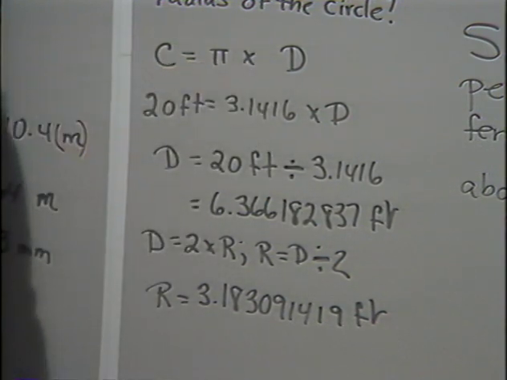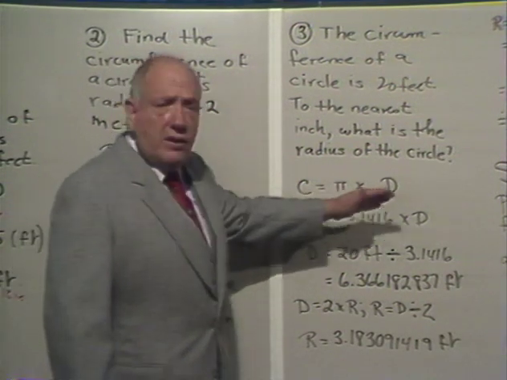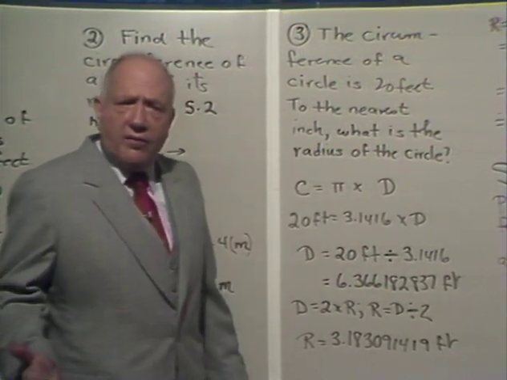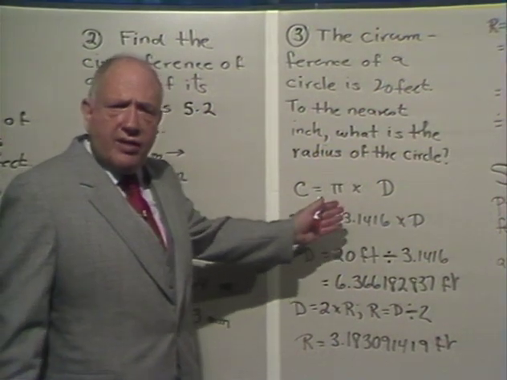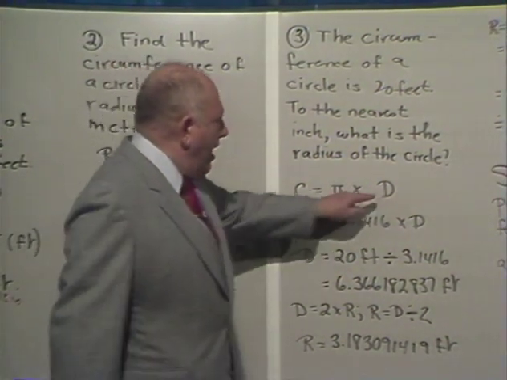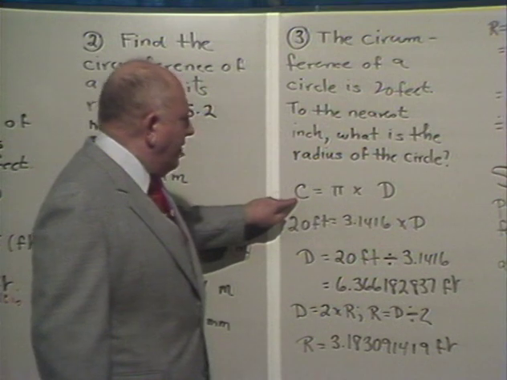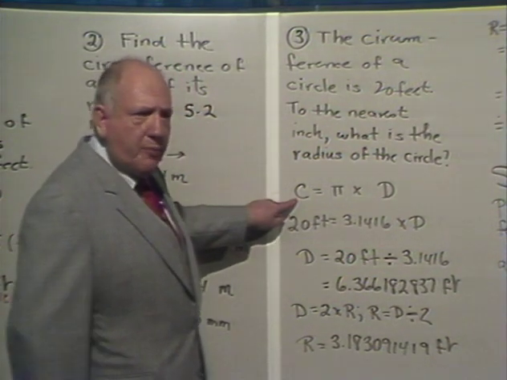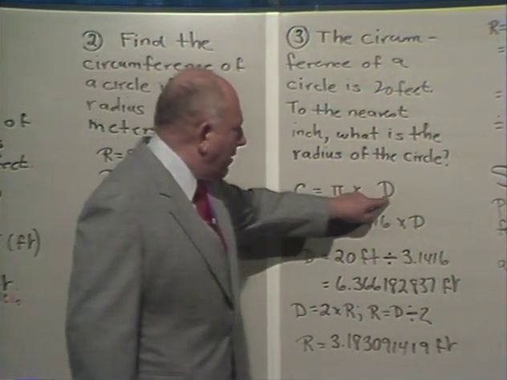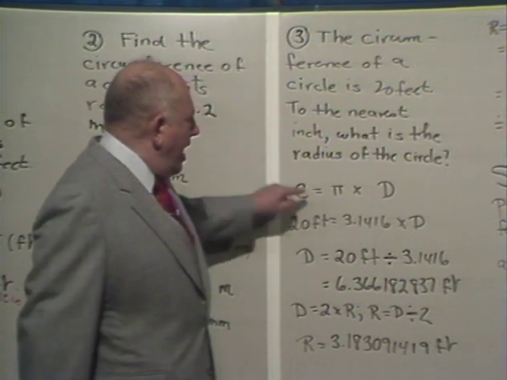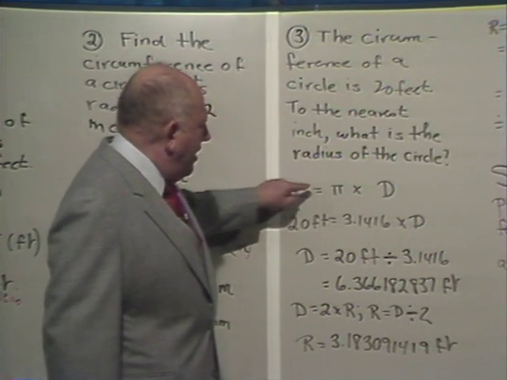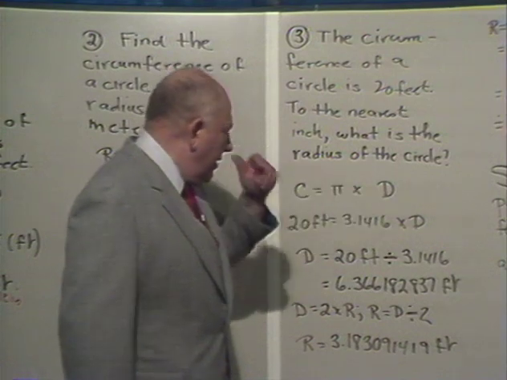It's a formula. And by the way, this particular formula is used in high tech over and over again. I mean, we're working with serious stuff here. But the point is this. If I'm given D and want to find the value of C, that's arithmetic because all I have to do is multiply D by pi. If, on the other hand, I'm given C and I want to find D,